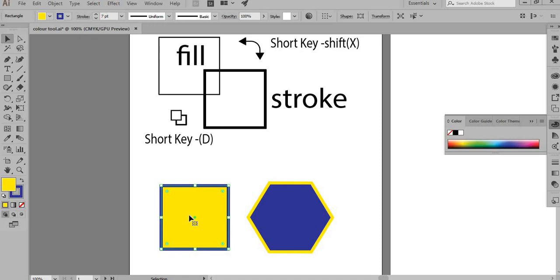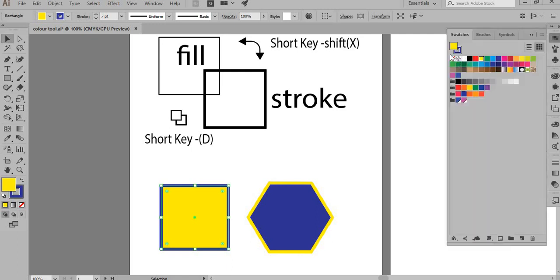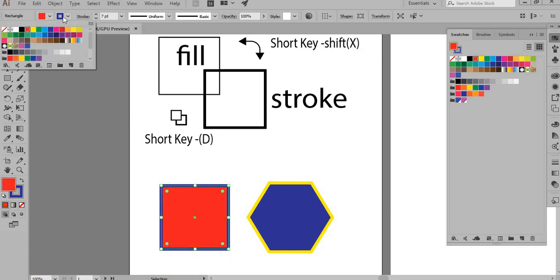So let's talk about how to work on the colors in the control panel. Now what you see here is a separate fill and a separate stroke, as the icon suggests, and this is independent of what you see here in the toolbar section, or in the swatches panel. So this is kind of the easiest way to do it. I can just select the color, and they're quite separate from each other, so it's much less confusing. So this is how you work in the control panel.